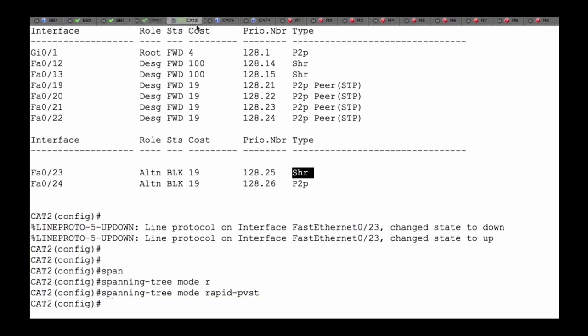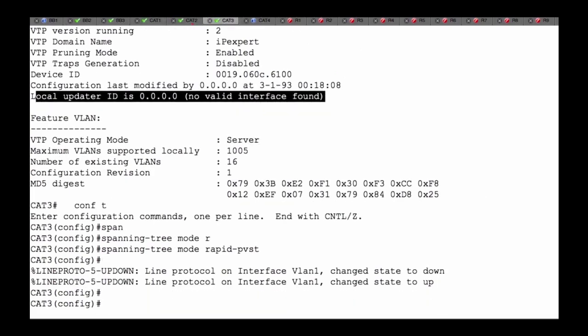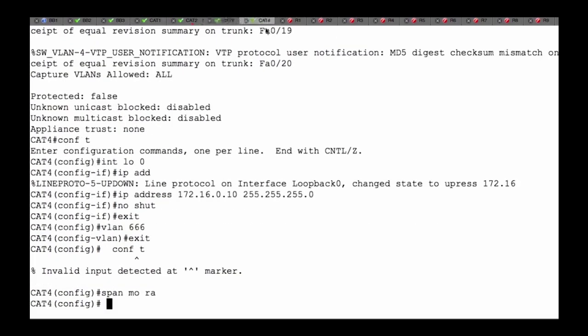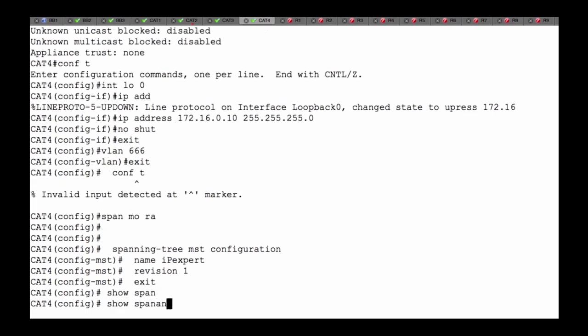So we go to 2, paste, 3, paste, and 4, paste. This is a perfect example of how we can set this up and use things like Notepad or show history in order to be able to copy information between our devices that's like for like. So now if I come in here and I do show spanning tree,